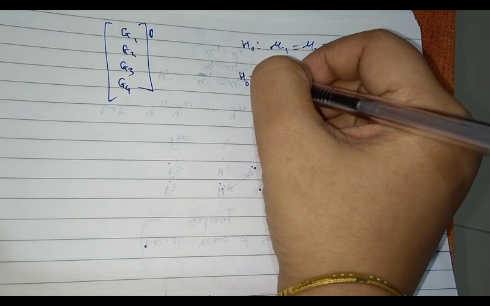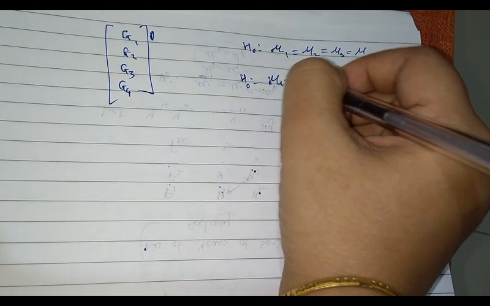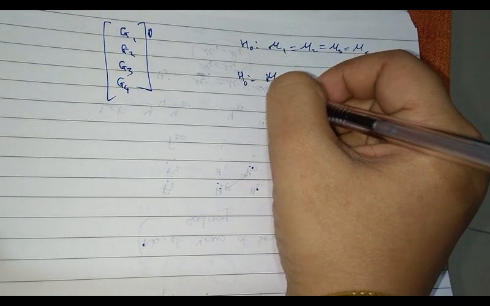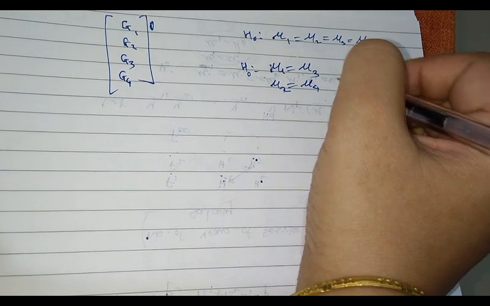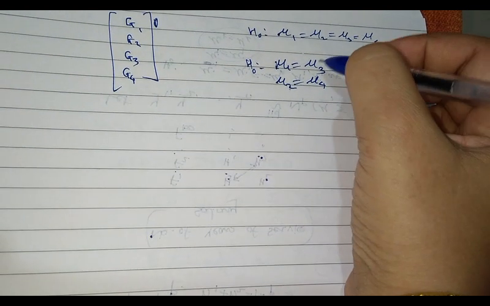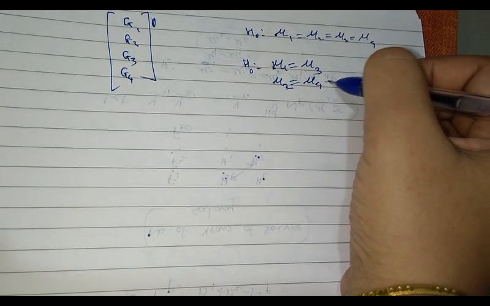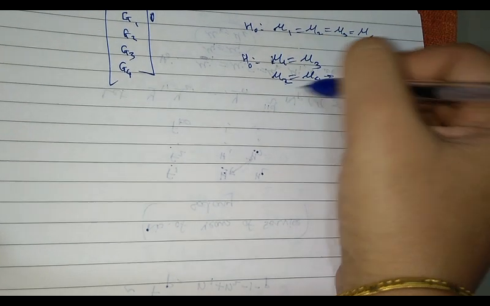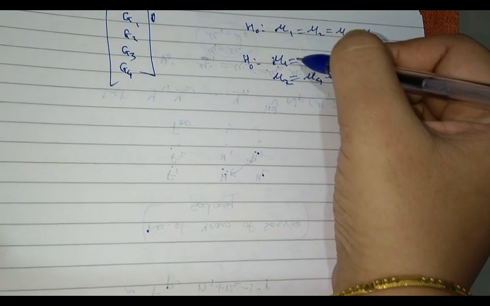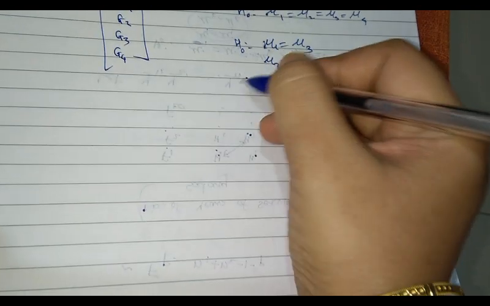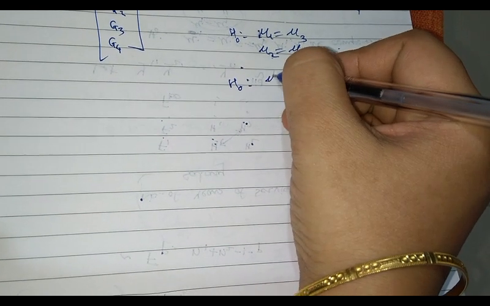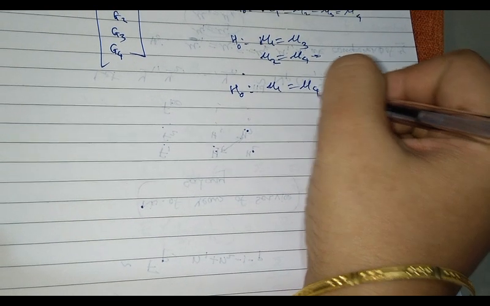Second hypothesis of interest can be whether the performance of odd sems is same and performance of even sems is same. Means whether mu1 equal to mu3 and mu2 equal to mu4. Why this is of interest? Because you know, in even sem there are going to be many activities, so people are generally more busy here. Odd sem there are less activities, so less busy. So does it matter?